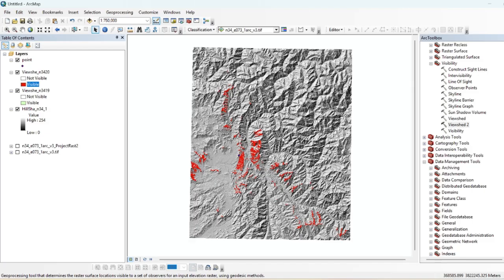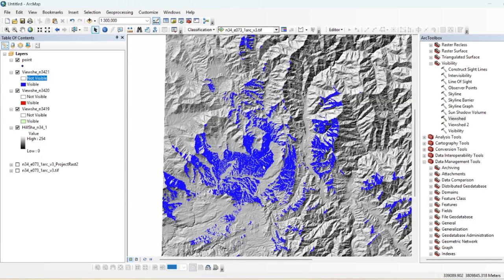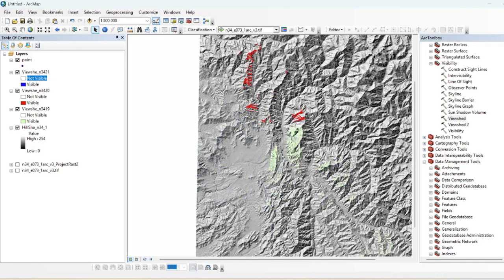So if you want to work on a large raster dataset or large landscape area, then you can use viewshed 2 analysis. And okay, so now this time I change the height to 41.5 meter, then you can see the change.